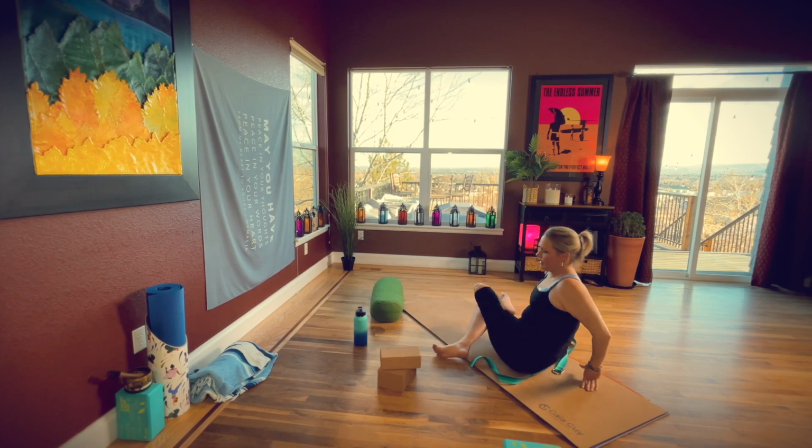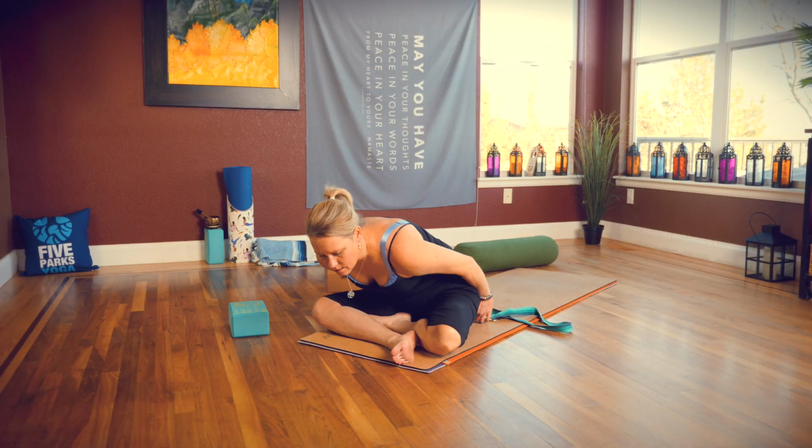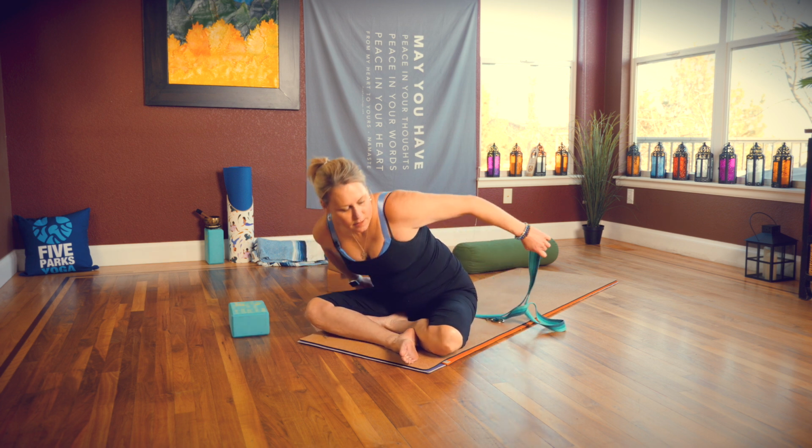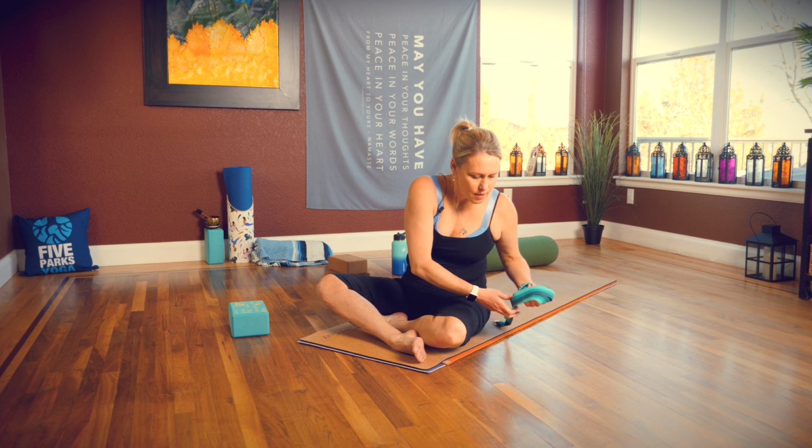And release. All right, a couple more shoulder stretches here. Go ahead and extend your arms straight out to the side. I think I've done this in another yoga video, but this is great for shoulder mobility. So place your palms